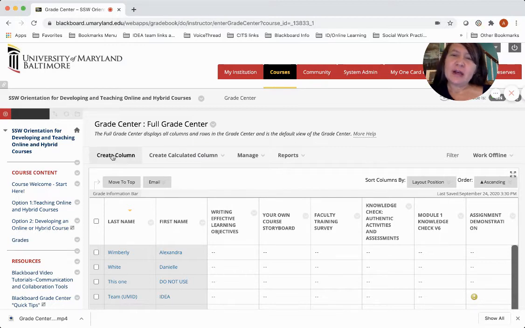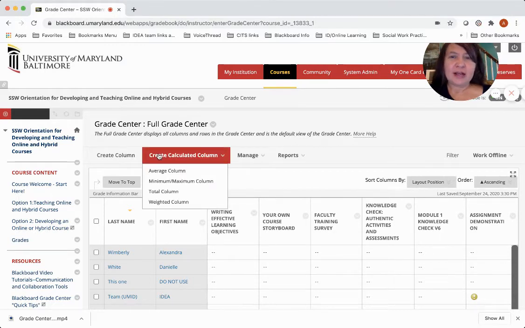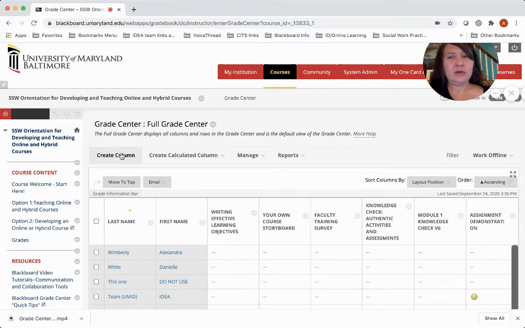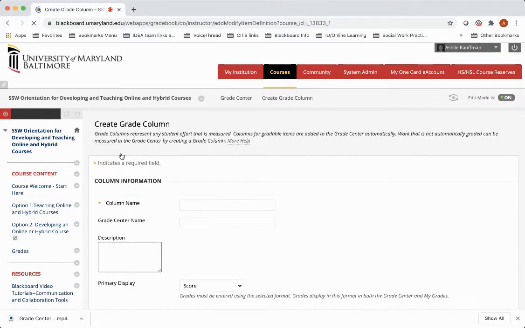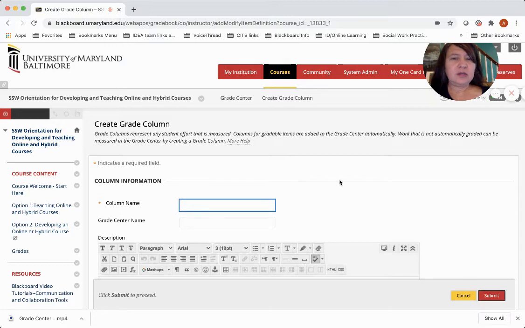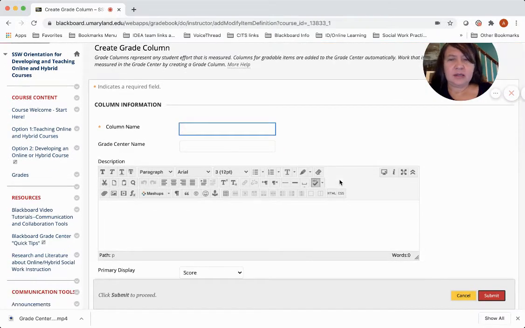So I'll show you in a future video how to create a calculated column or a weighted grading column particularly. But right now you can use this create column button to, in a simple way, create a column. And then I'll show you another way to add a column. But if you go to this button, you can just add a column name. If you want it to be called something different in the Grade Center, you can add it there, but it's